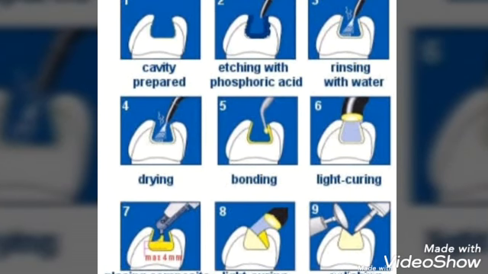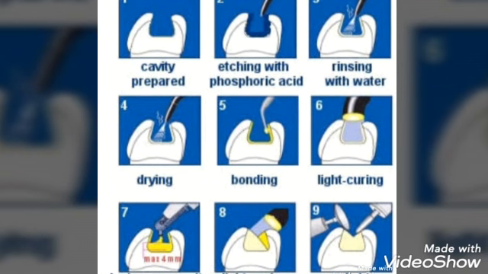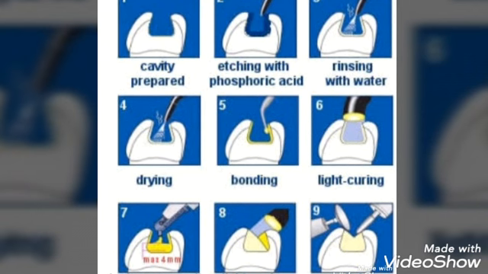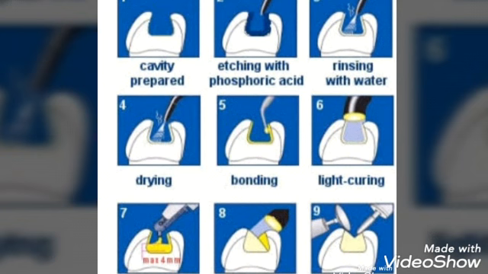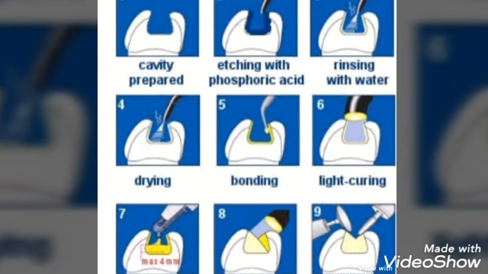With these pictures I'll tell you how to apply. In the first picture, the cavity preparation is done, that is, all the carious part on the tooth has been excavated. In the next picture, the etchant I showed you is applied over the tooth cavity surface. In the third picture, it is rinsed and washed with water after 20 to 30 seconds.